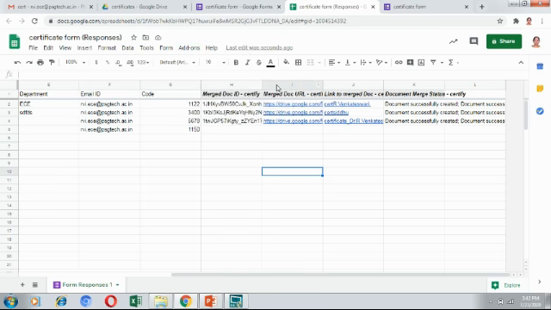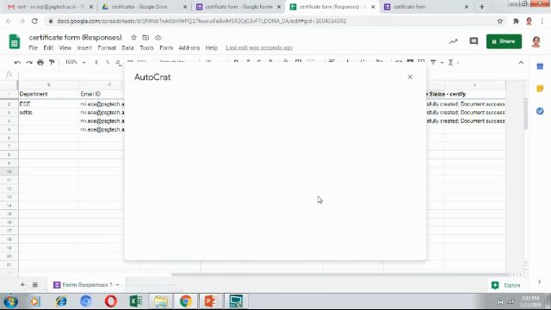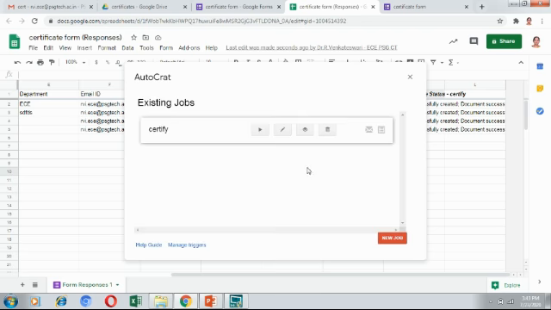If it is not triggered, you have to open Autocrat and run that one. So run the file in Autocrat, the design you have already there. If you run it, then the certificate will be sent to the users. So this is actually running the job. Merge sequence started. If there are plenty of users, you should not do all the users at a time. For example, if there are some 100 users, you can do 10 users so that this process will be easily carried out. You just close it.